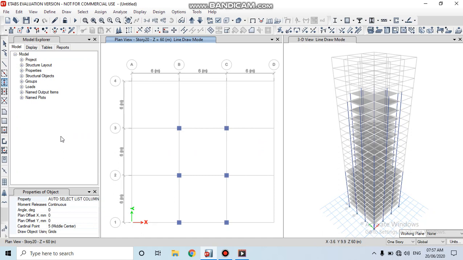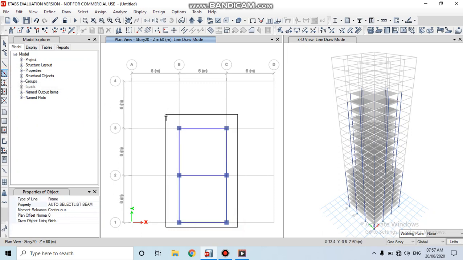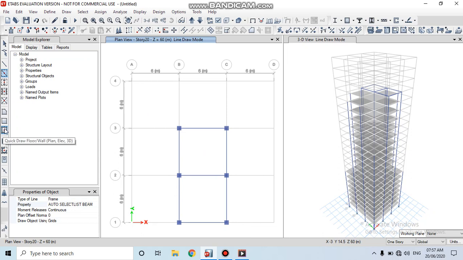Then again go to the quick draw beam. Then slab 150.